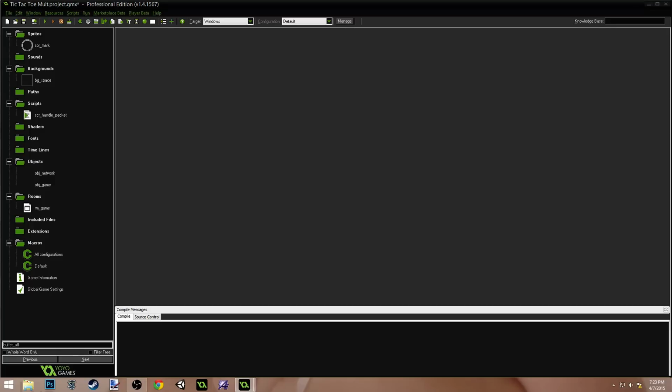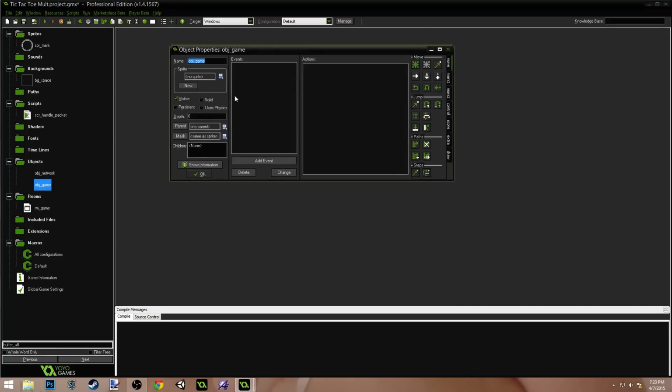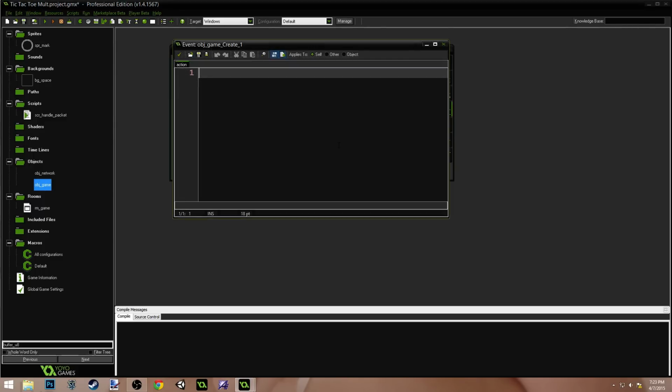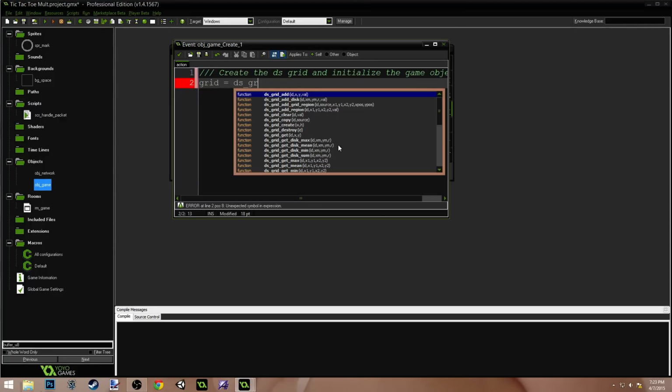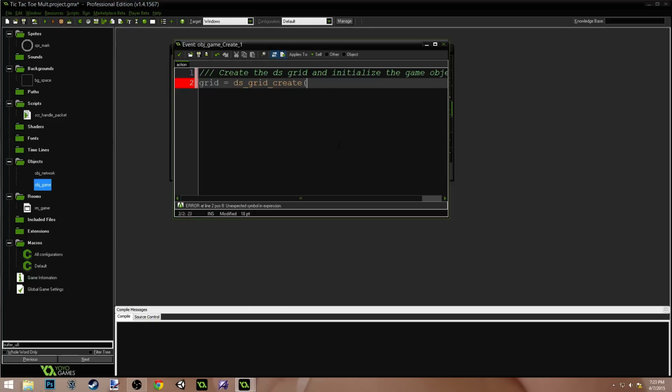Good job. We are now done with the network object. Let's go do the game object. So go into the game object's create event. We'll add a create event and drag over a code. And we're going to create the DS grid and initialize the game object. Mostly we're just creating the grid. Grid equals DS grid create 3